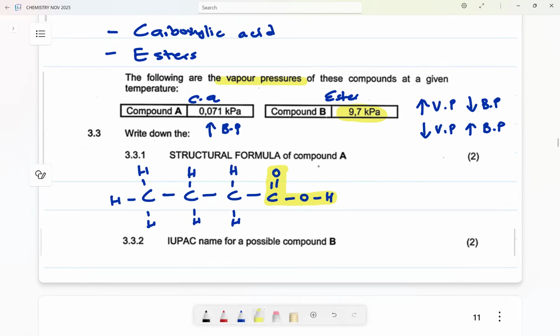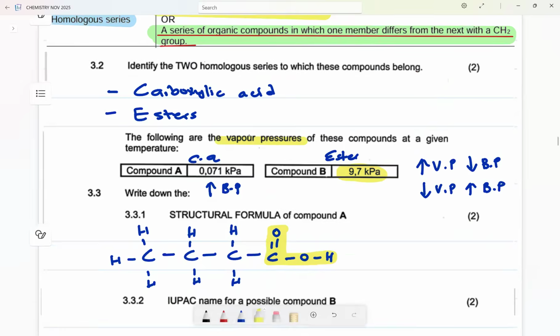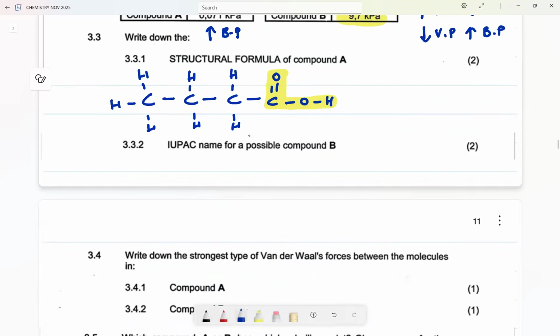Now this is what I refer to as a carboxylic acid with 4 carbons, sorry. You can count whether the hydrogens are the same: 1, 2, 3, 4, 5, 6, 7, 8. Yes. Oxygens, there are 2 of them. Then the IUPAC name of